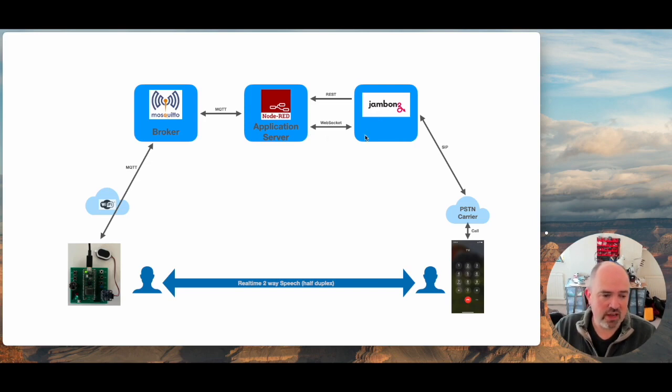So Jambonz has the regular REST, call comes in, and what we do, we're using the listen verb, which creates a WebSocket connection from Jambonz to our application server, and the audio from the call starts coming in over the WebSocket. We can also pick up DTMF events on this WebSocket. So Jambonz is configured so when a DTMF tone is sent from the handset, it's an event that's sent over the WebSocket, and those are our control messages. So say the star and the hash to control the transmit and receive,